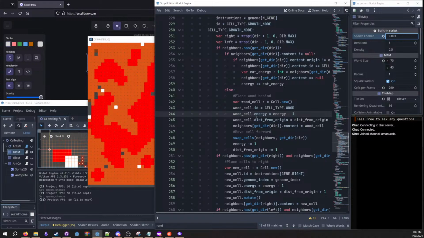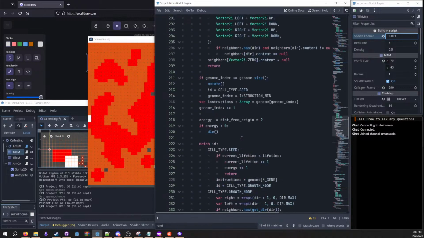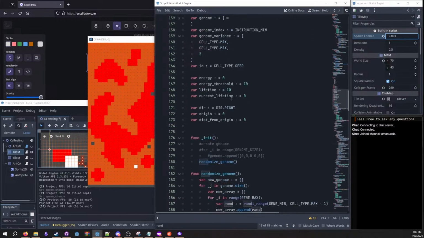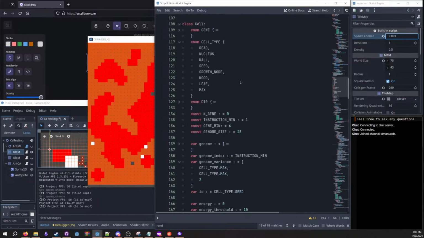They just keep swapping. Because you can spawn growth nodes, right? That's part of it. Growth nodes 0, 1, 2, 3, 4. So if I change this,